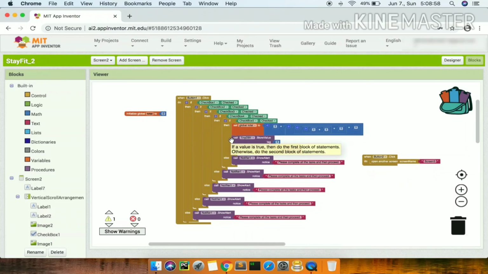this global variable value is now stored in TinyDB1, because tags can be accessed on any number of screens, but variables and the same component cannot be accessed across screens. We can access this tag 1 in all the screens. And then open another screen named Screen 3. After doing this part, it should open Screen 3. It will redirect us to Screen 3.